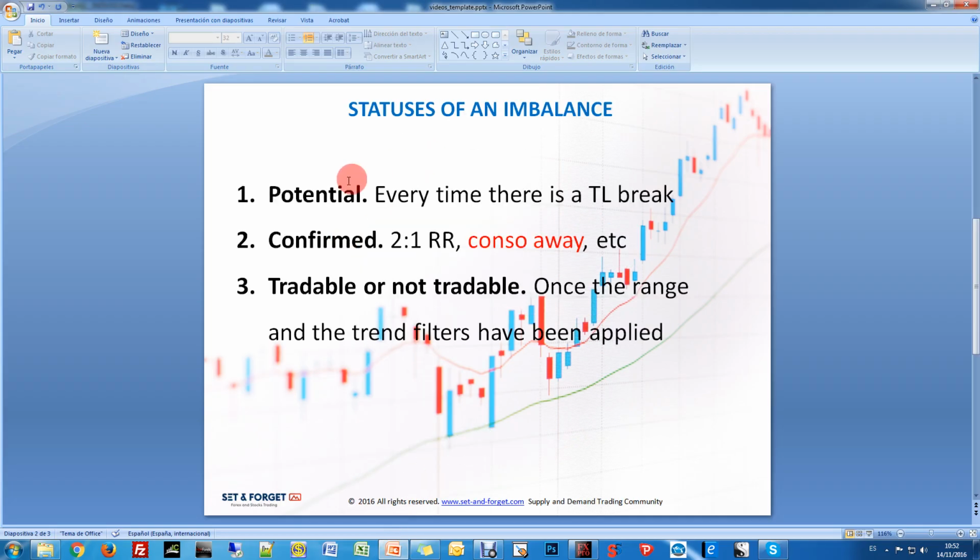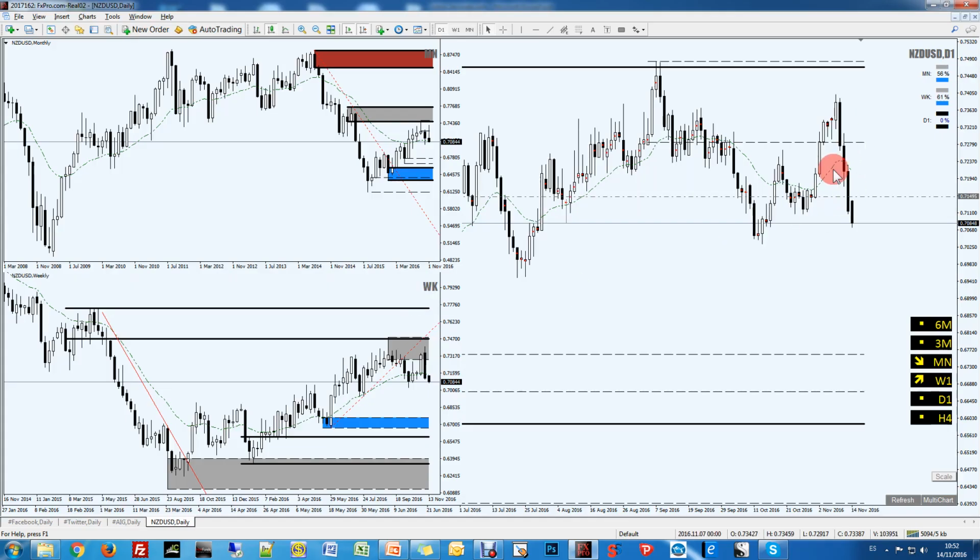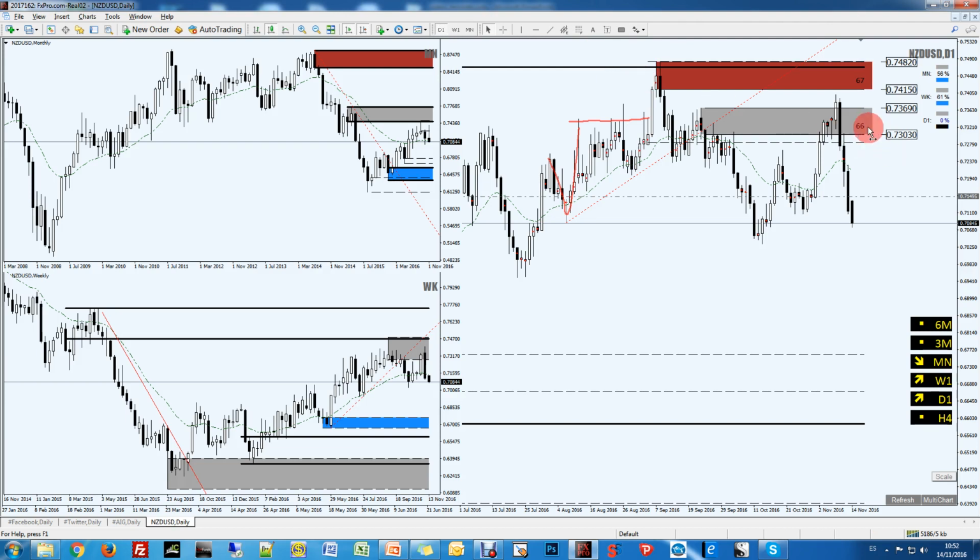Okay, so now we know the potential, confirmed, tradable, and all that. So now this is what we got here. We had one valley here, makes a higher high, okay, and this valley over here. So we must connect the latest two valleys over here. Okay, we get this area over here, supply that works, and now tested over here twice, so we expect bigger penetration, and that was the level at the top over here. So this is what we had. But price is on the weekly area of supply,